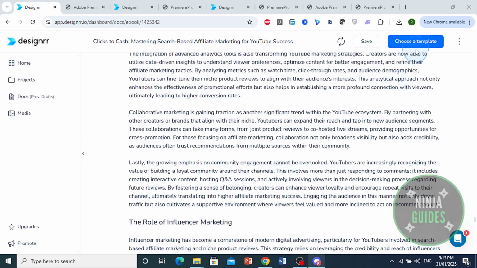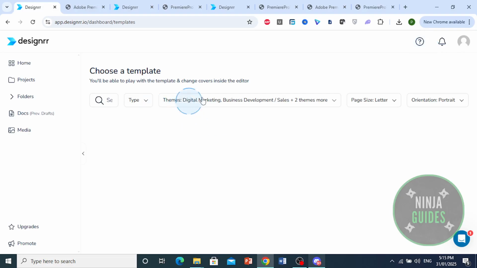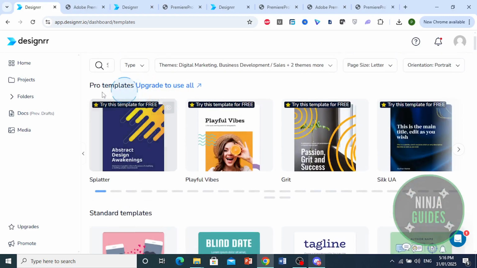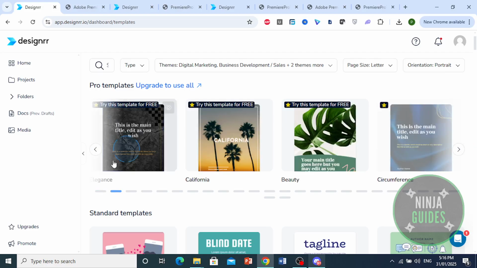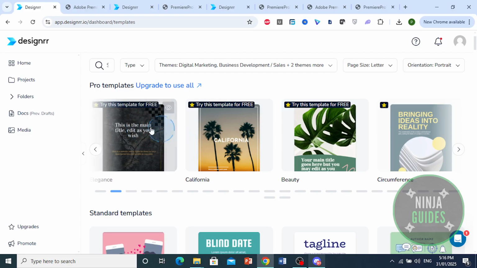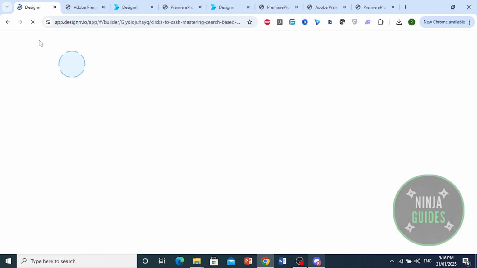Now you can go ahead and choose a template. So come here, choose a template. You'll get a bunch of different ones. You can choose your page size, or orientation. They have some pro templates you can go ahead and use for free. You can try them out. I will go ahead and try this one. Actually, this one's nice. We are selling high ticket items. This elegance one is nice, so we can use it for advertising. Okay, we'll go ahead and just use this template and wait for Designrr to go ahead and synchronize this template